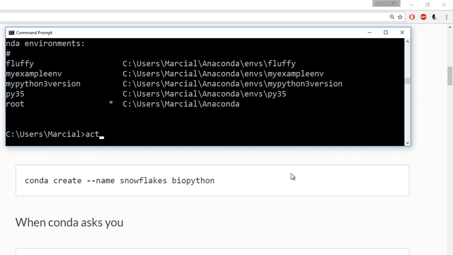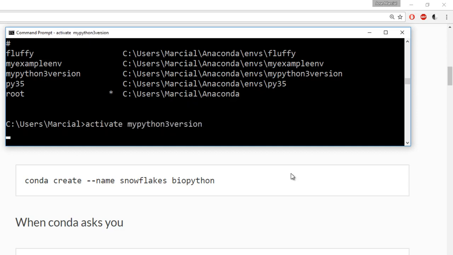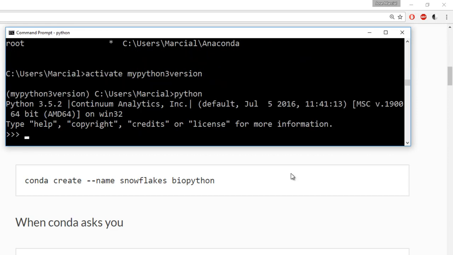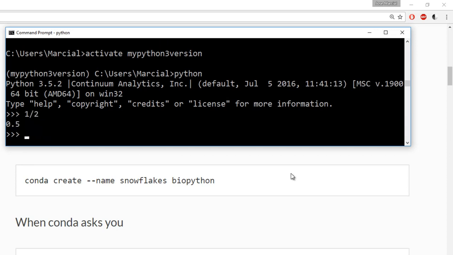Let's go ahead and activate my Python 3 version environment. Hit enter. You'll notice my Python 3 version. Now if I call Python inside of this virtual environment, note that I get Python 3.5. So you're able to actually specify that you want a different version of Python by saying Python equals and then whatever version number you want when you're creating that virtual environment. So if I do something like 1 divided by 2, I get 0.5, which is not the case for Python